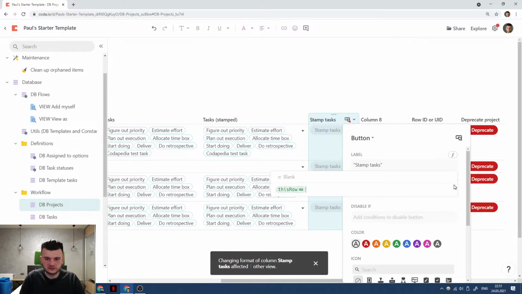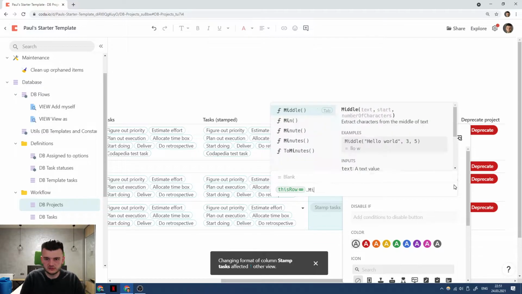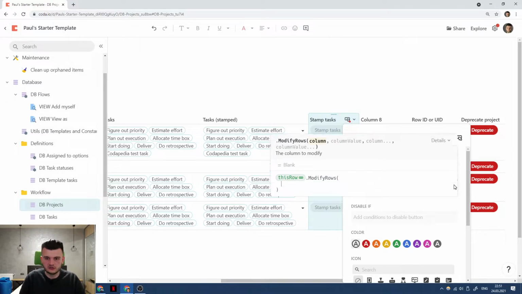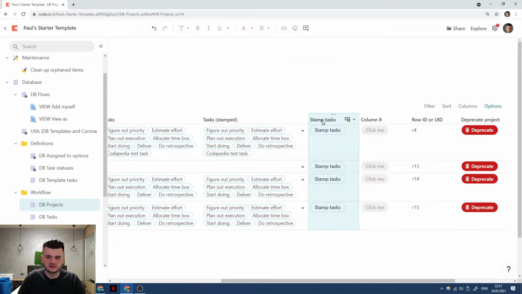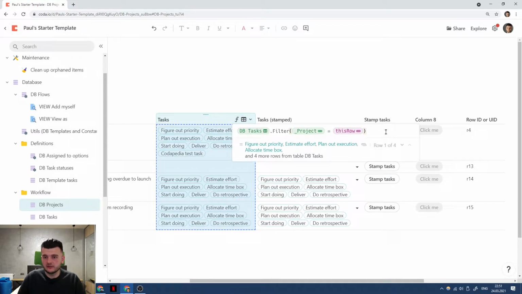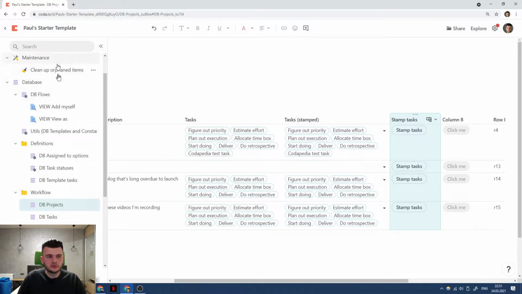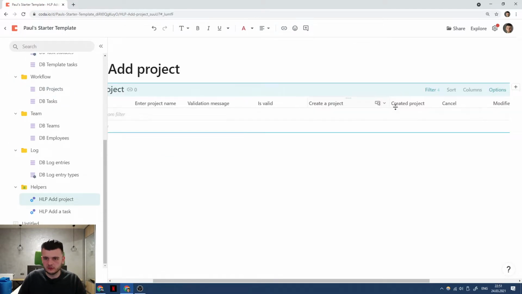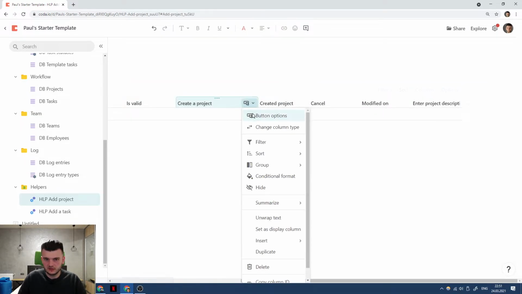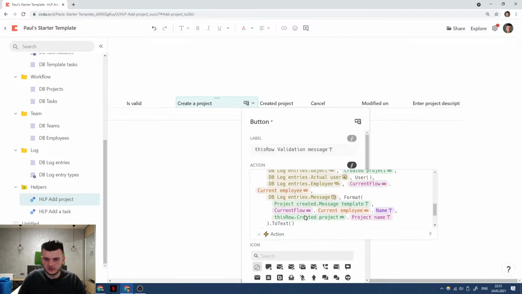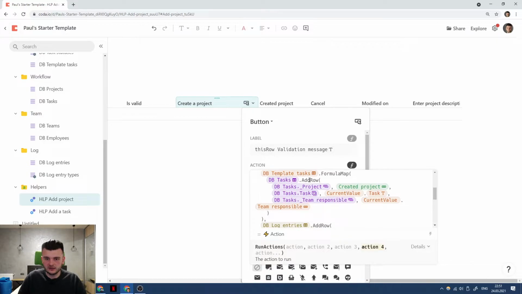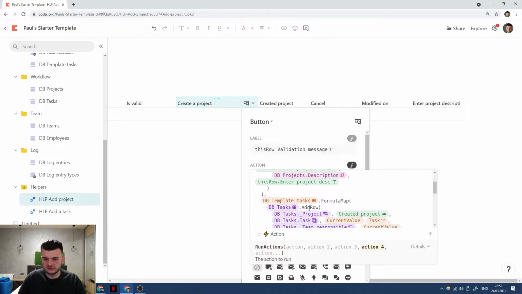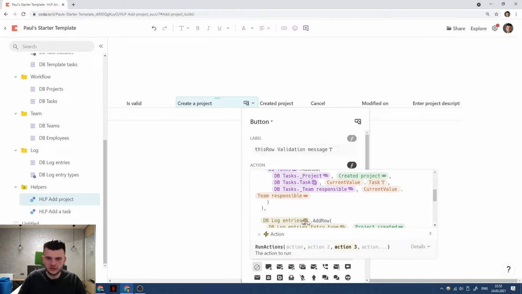And the action here is this row, modify rows, tasks stamp to become is copied from tasks. And actually what we can do now, we have this formula for fill, and whenever we add a project, we want to already at this point add a log, add a template, add all template tasks, and now we can here